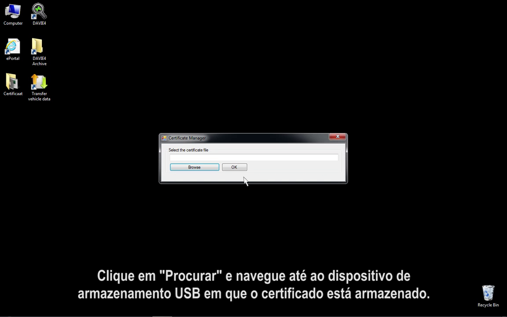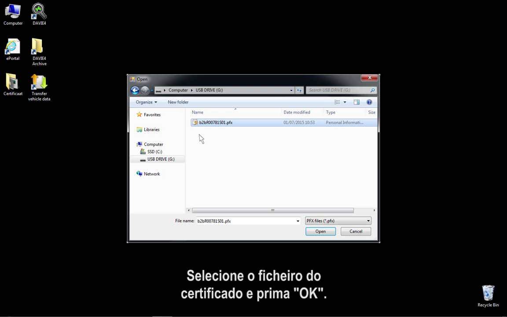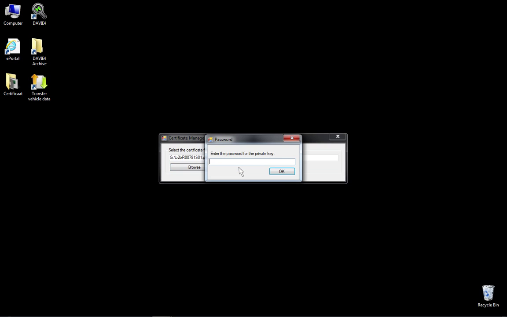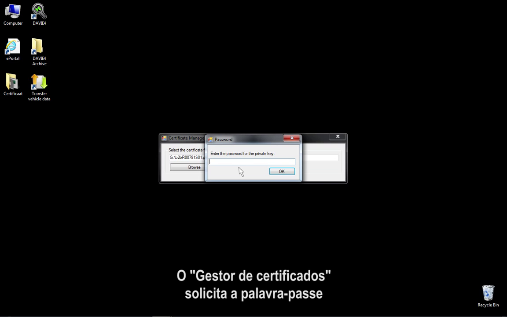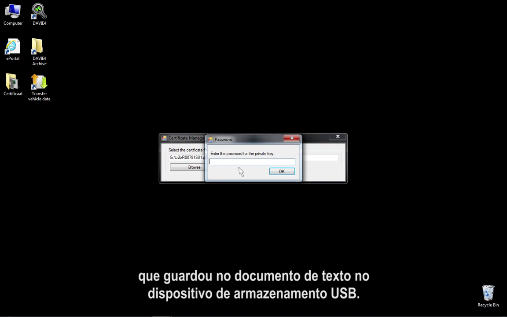Click on Browse and navigate to the USB storage device where the certificate is stored. Select the certificate file and press OK. Now click OK again to import your new certificate. The Certificate Manager will now prompt you for the password, which you have saved in the text document on the